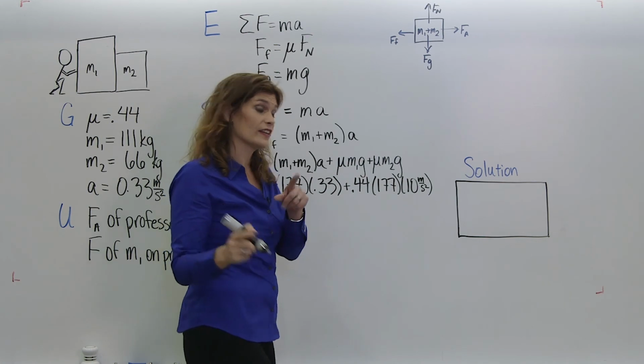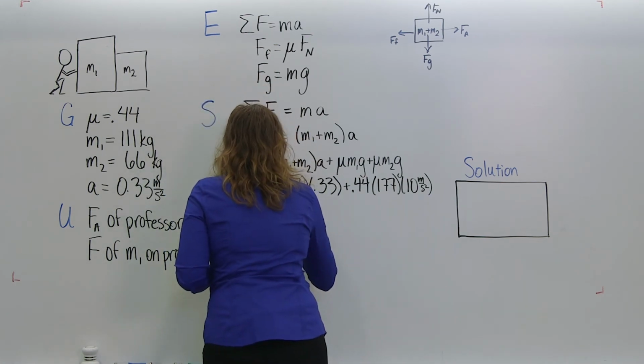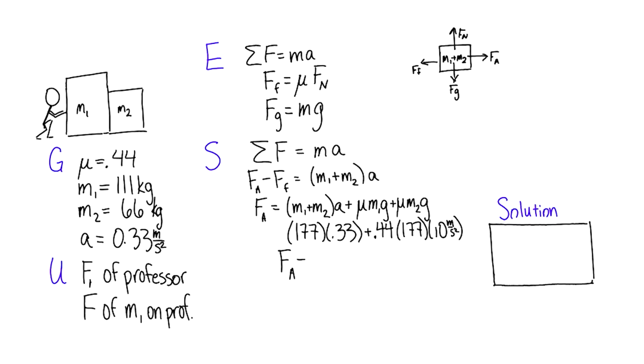Put that into your calculator, add it up, and you get that the applied force of the professor on the boxes has to be 837 newtons. So we'll say, we'll call it F prof is